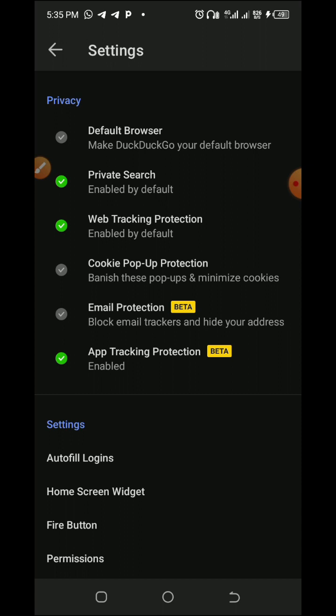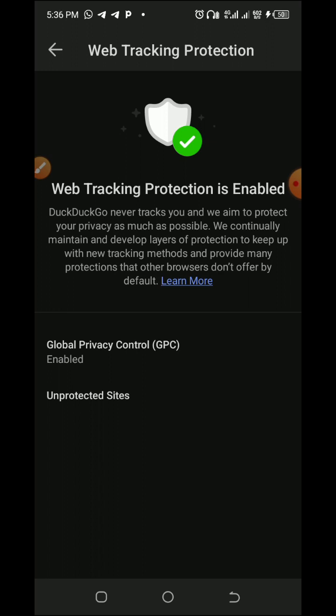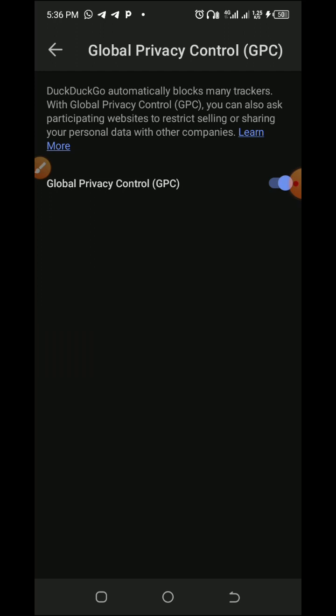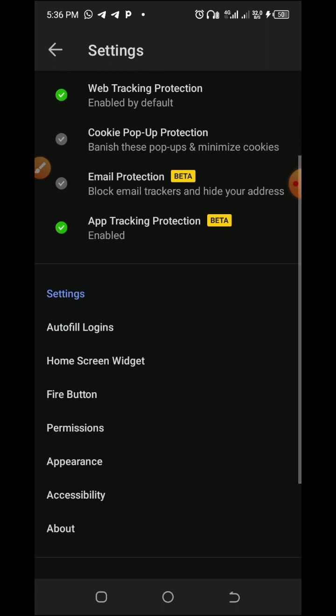Web tracking protection, this is very important. If you click it, it will open like this, and it shows here enabled. I enabled it, and the cookie protection, email protection. With this DuckDuckGo, you can also create your email. Okay, so this is app tracking protection. This is where you put all your apps. As you can see, I have